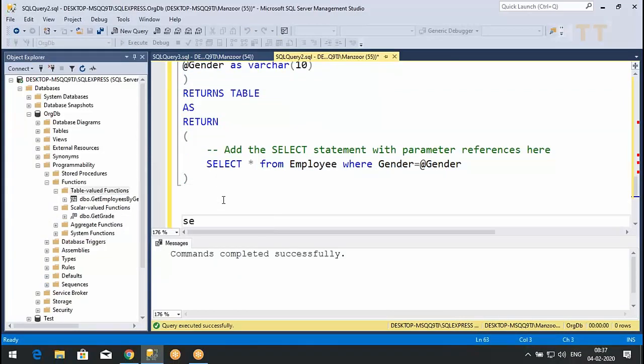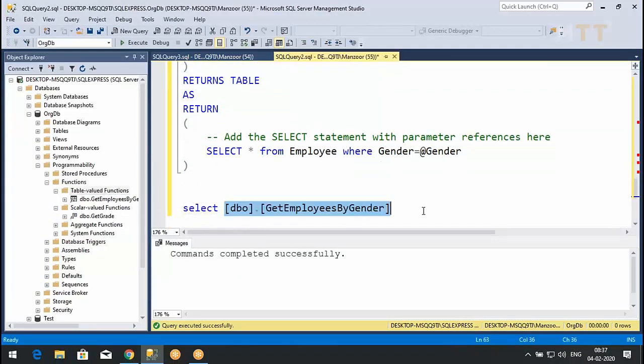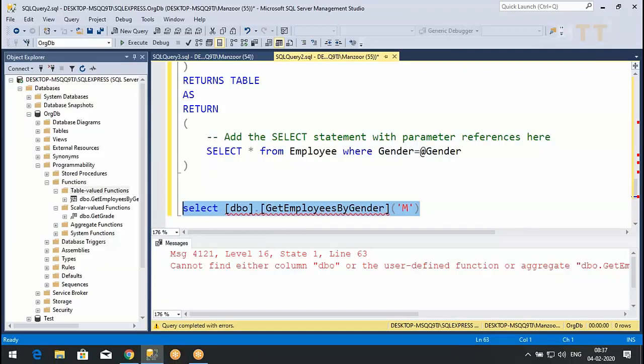Now I can say select get employees by gender, and I'll pass column, dbo, or here dbo is not required, or I should say select star from, because it will be working like a table.